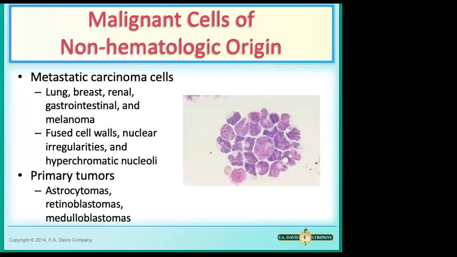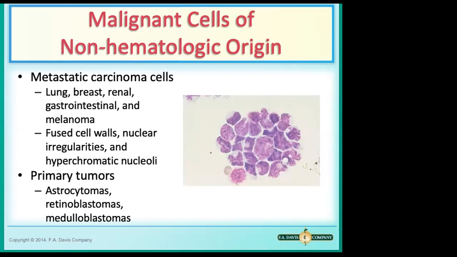There are also some malignant cells that come from non-hematologic origins, like certain cancers. Metastatic carcinoma cells of non-hematologic origin are primarily from malignancies in the lung, the breast, the renal system, and the gastrointestinal system as well. There are also some cells that we may encounter that come from primary central nervous system tumors, and those include